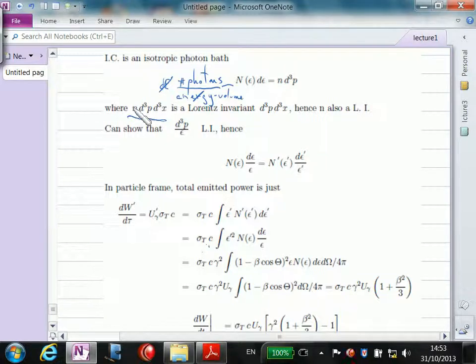What's not proven here is that d^3p over E is also a Lorentz invariant, and you can see it if you go into an axis where the perpendicular axes are unaffected by the Lorentz transformation, and for a photon, which is massless, the momentum is just proportional to energy. So dE